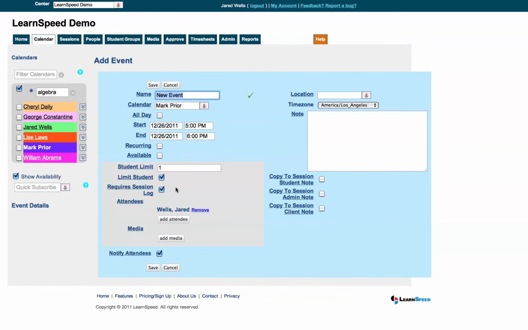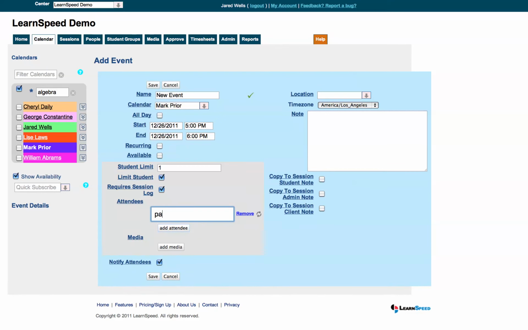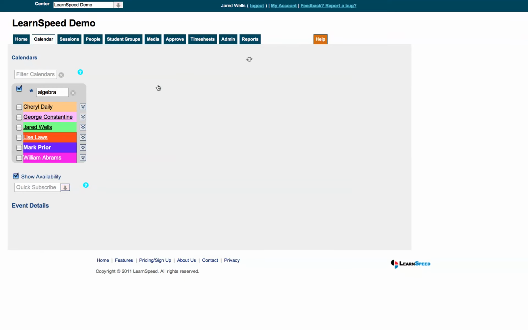This is with Mark now, and I can add Pablo as a student. I'm going to make this recurring on Mondays and Wednesdays. It's at 5 to 6 o'clock, and we're going to assume that the student is going to stay with us at this time until the end of the school year. Again, any modifications to that schedule are very easy to do in the future. Hit save,